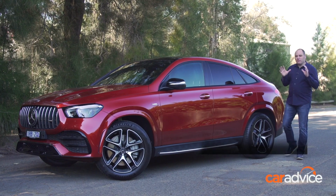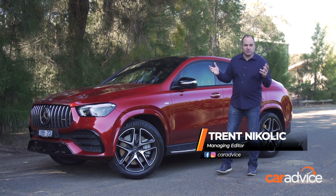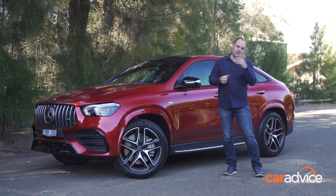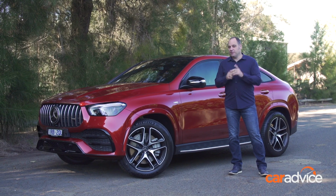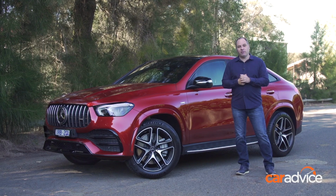You know, I've never really quite understood the whole SUV that looks like a coupe thing. I've always thought if you want a sports car, buy a sports car. If you want an SUV, buy an SUV. But the buying public doesn't seem to agree with me, and this style of vehicle has been incredibly popular in